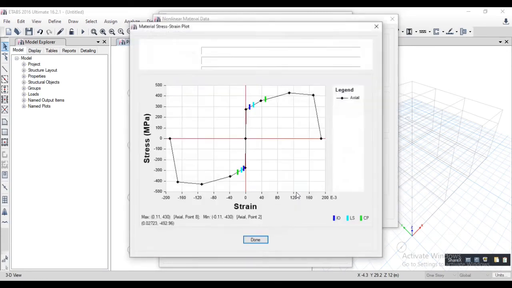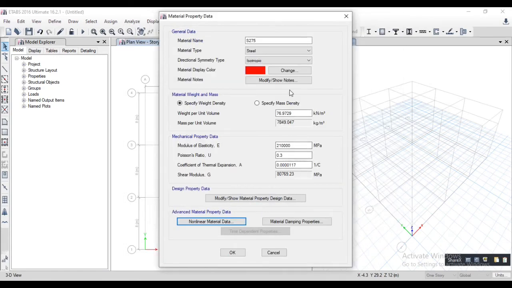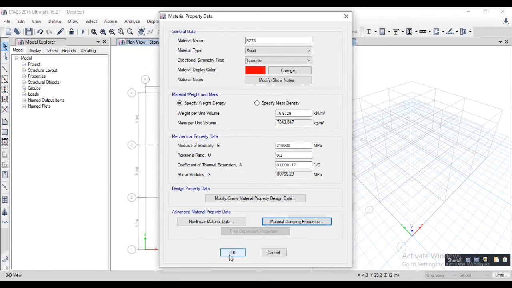This is the stress strain diagram of the material steel. So click here OK. In every material there is a mechanical property data, so in all materials the window user interface is the same. This is the material damping properties. If you need it, then only you can use this option. Then click here and OK.